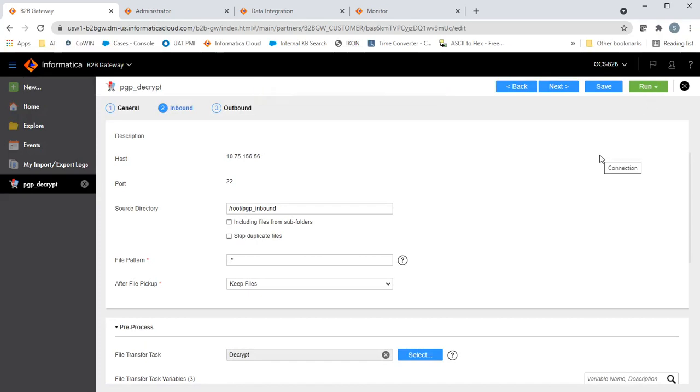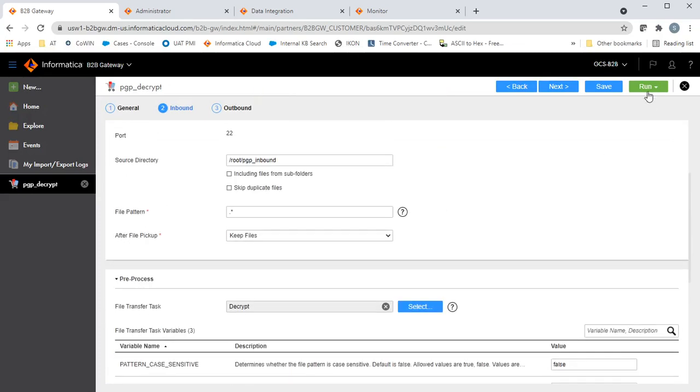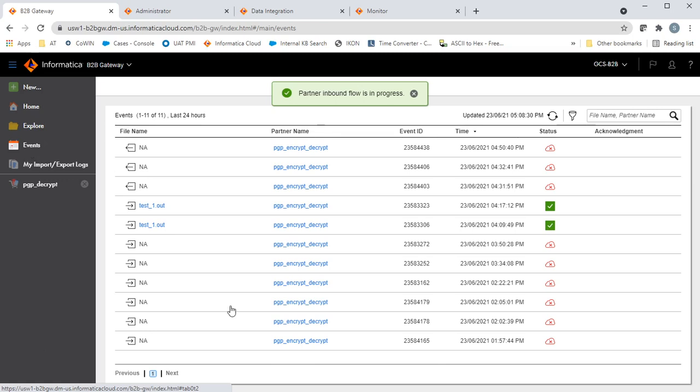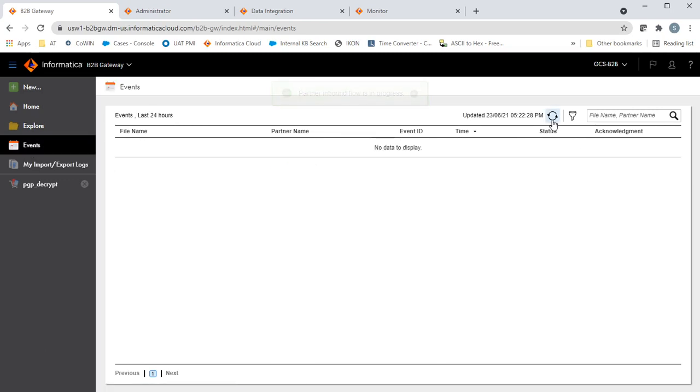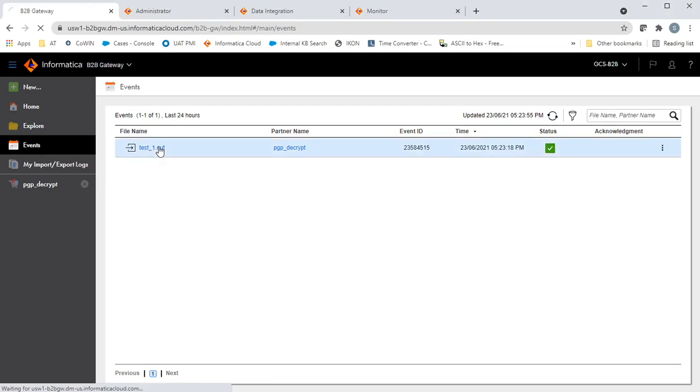And let's decrypt it. Run the inbound flow, which will decrypt the file. Okay, so the file has been decrypted.